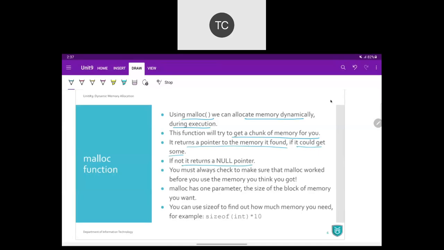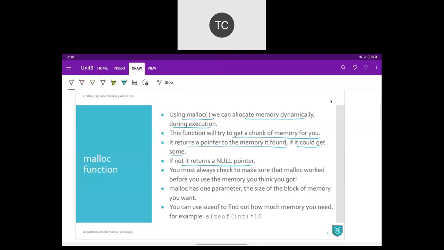We have discussed null. Null means nothing, right? At the time of data types and data, we discussed null. So it is going to return us a null pointer if memory is not available. So when we call the malloc function, either we are going to have the memory address or we are going to have null, depending on whether memory is available or not.